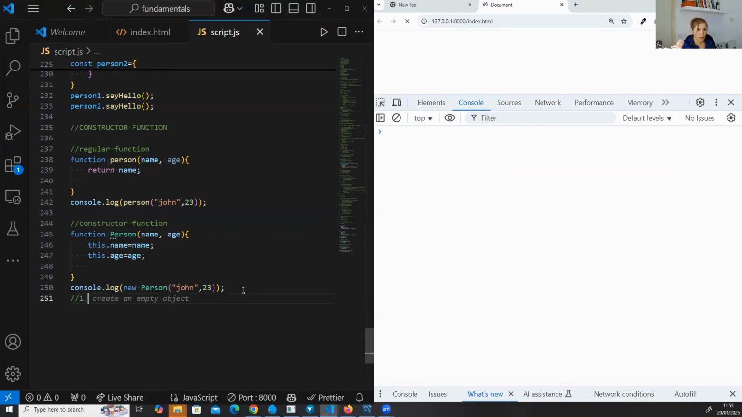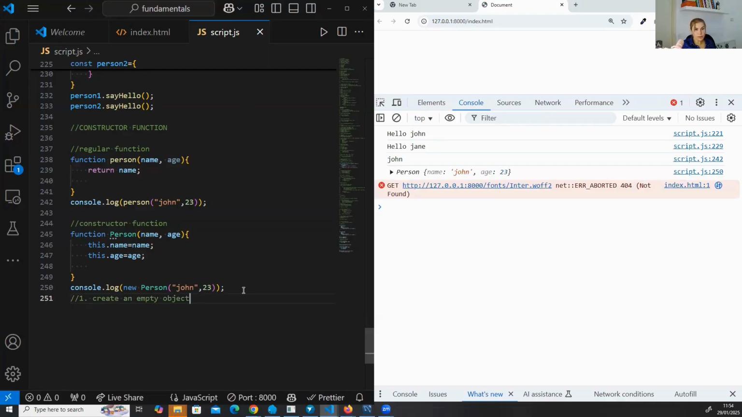Step number 1. It will create an empty object. Remember the empty object you saw in the beginning? That's what is happening. Now,